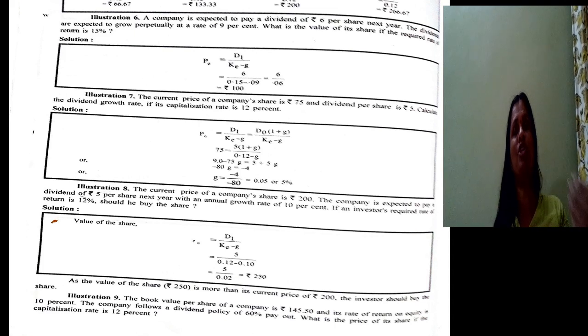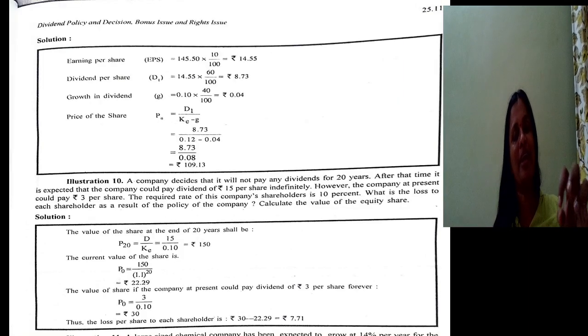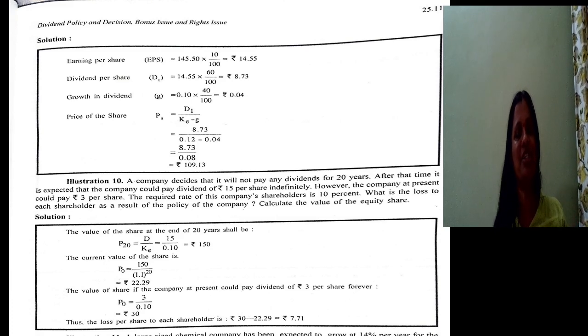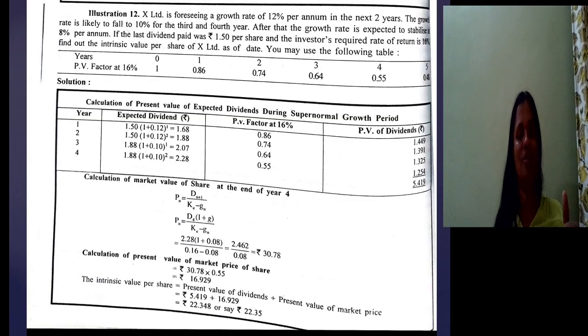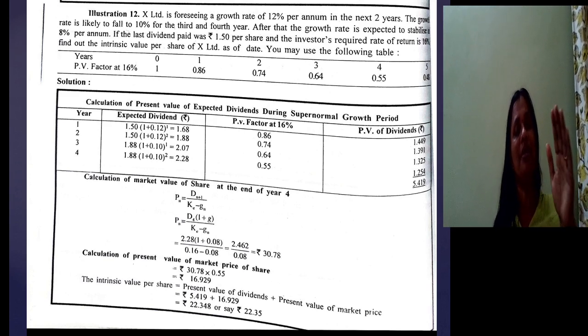That was the first problem which we solved after I explained Gordon theory. I solved one problem. In that problem, I left the last portion to you. So I think you have already calculated. Such type of problems usually will appear under Gordon model. So I just wanted you to understand what to do in case this type of problem comes. I concentrated on illustration 10 and illustration 12. I left illustration 11 because that type of problem will never come for exam. It's of no use. So we need to concentrate only on problems which we discussed so far.